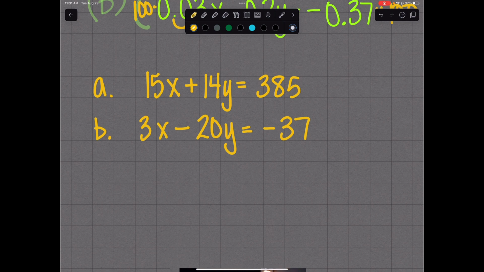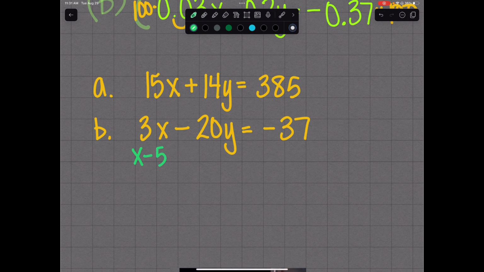And then the idea is to make one of these variables disappear, right? So we're going to try and make the x disappear. And in order to make the x disappear, we keep this top one the same, we just multiply it by 1. We change the bottom one, so we multiply it by negative 5. So if we change B and multiply everything by negative 5,